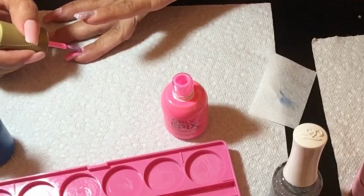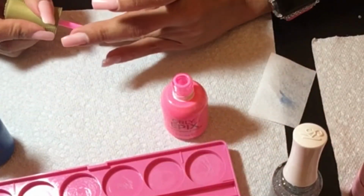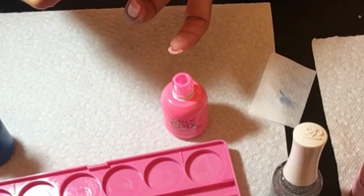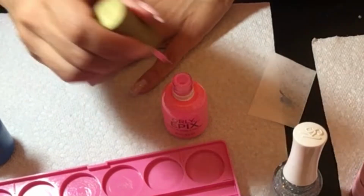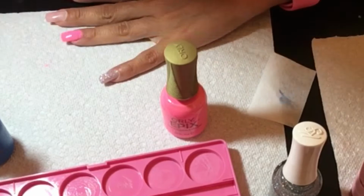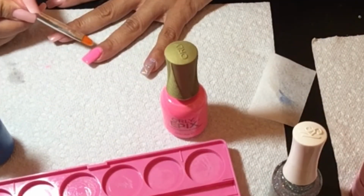I want something real pretty, and I want to be able to put rhinestones on it. I have in my cart at AliExpress a roll of glitter paper, but you get to cut it and put it on that. So I have that waiting in my cart if I decide to get another, which I will get another